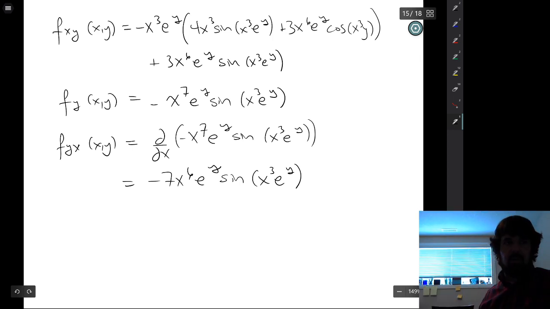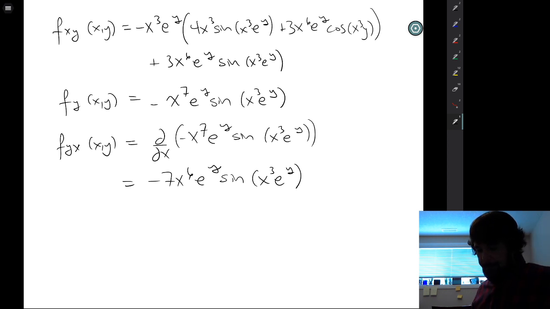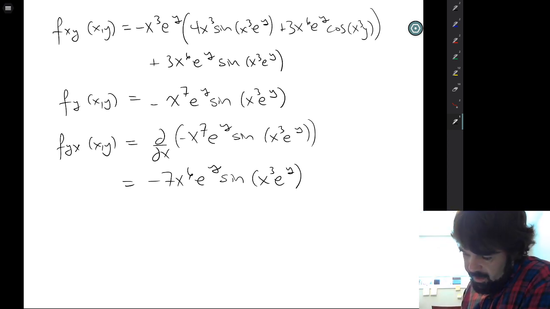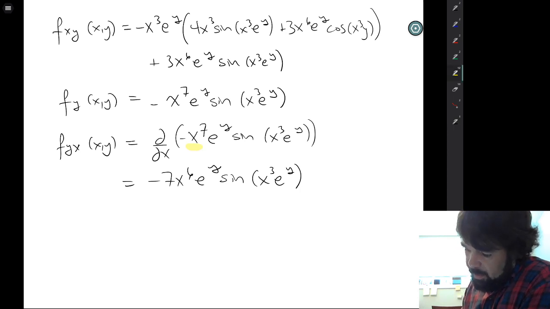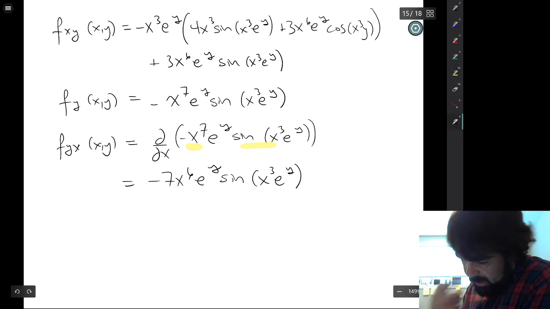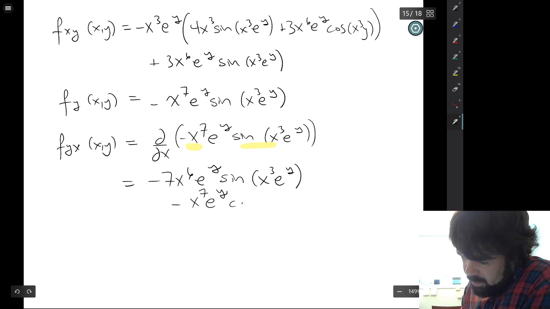It's hard when you don't have the whole thing there in front of you. So we took the derivative of this part. That's the first bit of the product rule. And now we've got to deal with that part. So we're going to get minus x to the 7 e to the y, cosine of x cubed e to the y. And we multiply by the derivative of the inside, which is 3x squared e to the y. So let me see. What do I have? I have